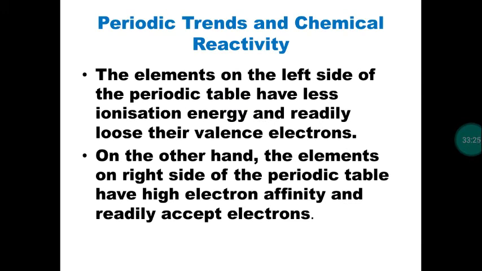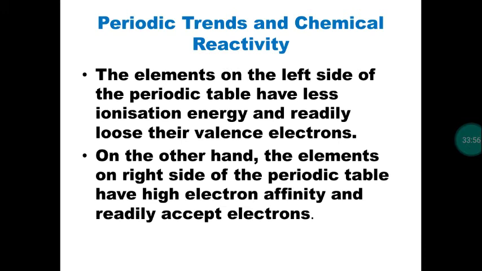Okay, so which will form ionic bond, which will form covalent bond. So we have 118 elements in the modern periodic table. The elements in which part will be involved in ionic bond, which part will be involved in covalent bond. So this can be discussed based on ionization energy as well as electron affinity. So which group of elements will have low ionization energy? Usually group number 1 and 2.